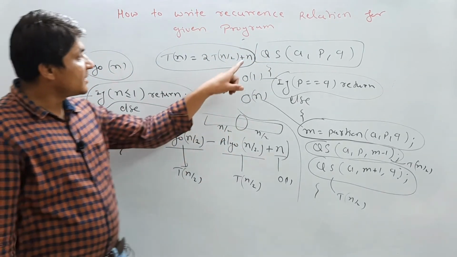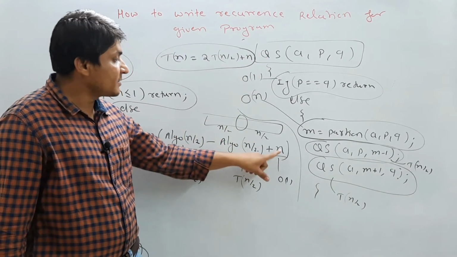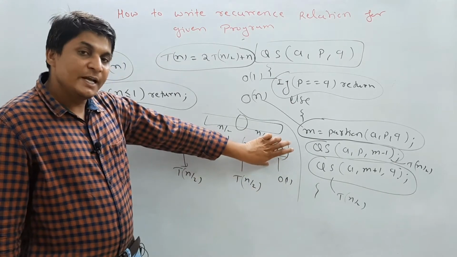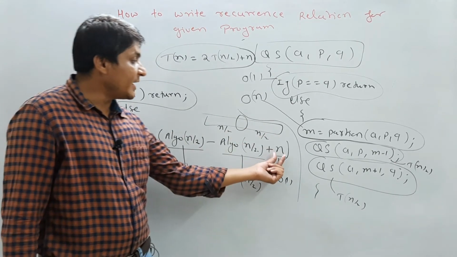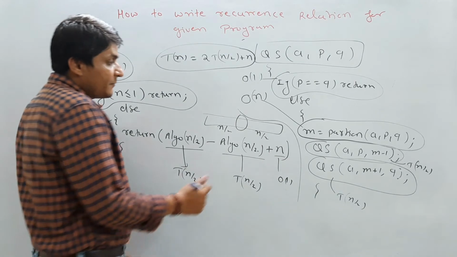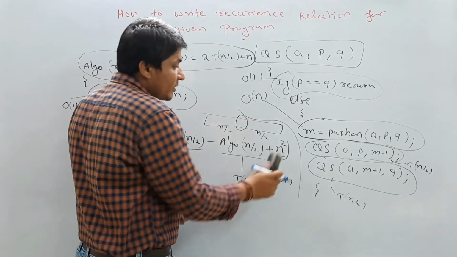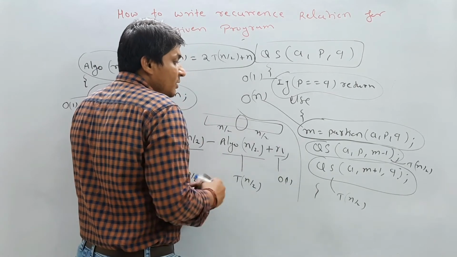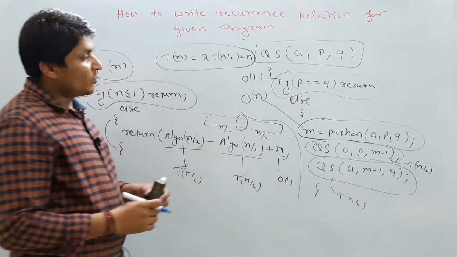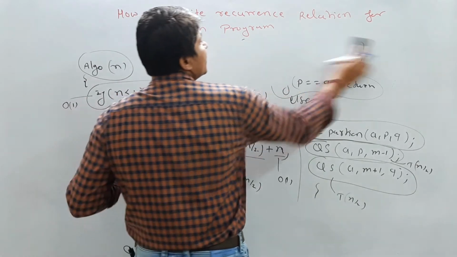Correct. So this is the difference between this and this. We are adding only n value. If you were adding n square, that would also be order of 1, but this is not actually the partition time or merging time. Let me explain one more example, which is merge sort, so that you can understand.